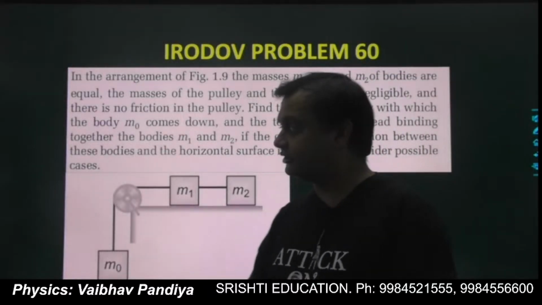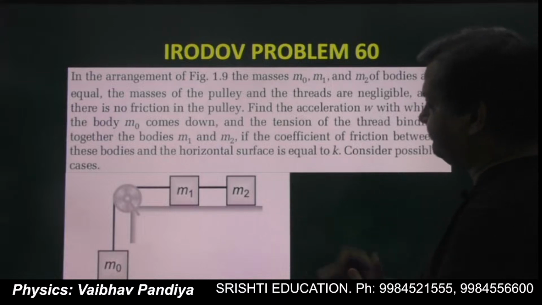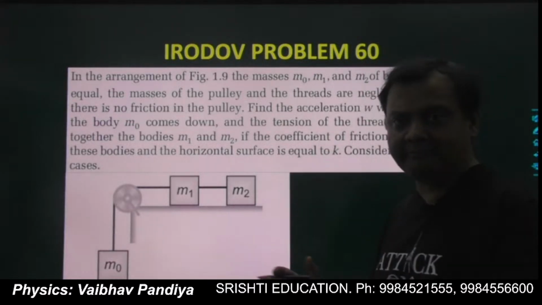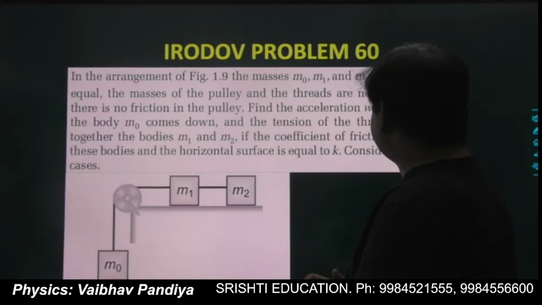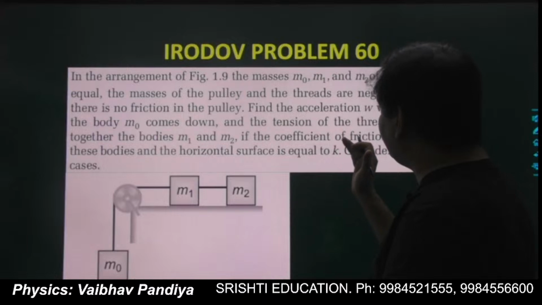Irodov problem number 60. In the arrangement of the given figure, we have three masses m0, m1, and m2. Moreover, it is given all three have the same mass. The pulley and the threads are of negligible mass, and there is no friction in the pulley. Find the acceleration W with which the body m0 comes down